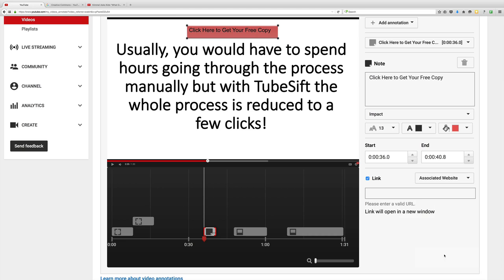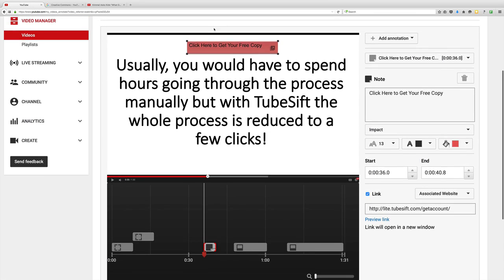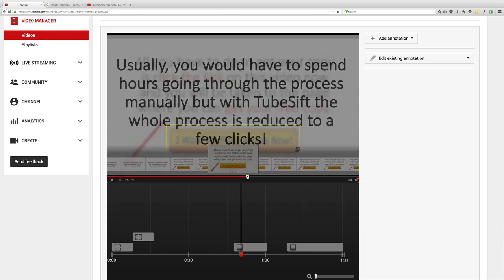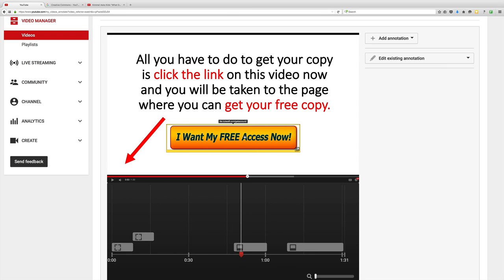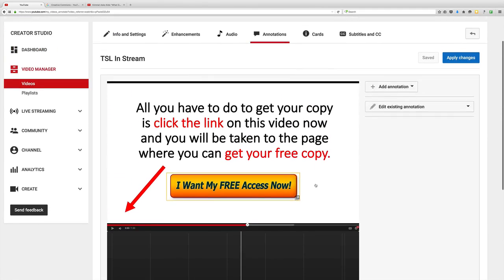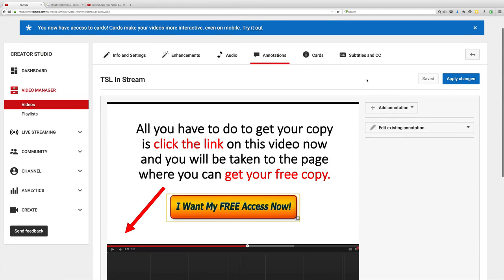So what we're going to do is choose associated website, and we're just going to paste this here. And that's exactly where we want it to go. So when somebody clicks this, they're going to be taken to that URL right there. So that is exactly how these types of annotations work. And we'll scroll forward a little bit, and here you go. You can actually see this one in action once again. And from there, all we're going to do is click Save or apply the changes,